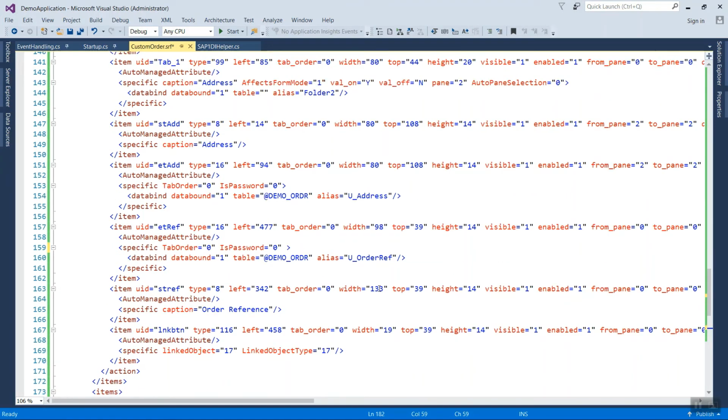Now come to this field specific tag, and another field aliasing.